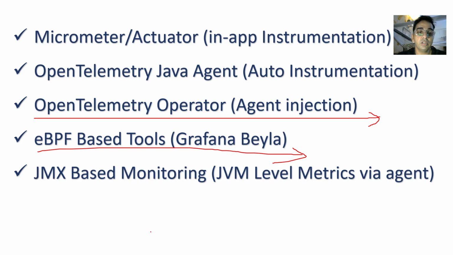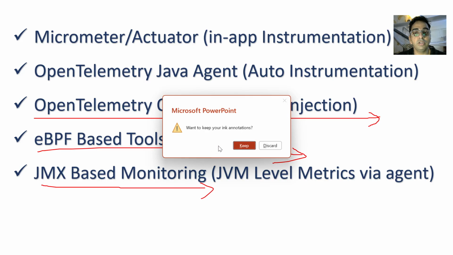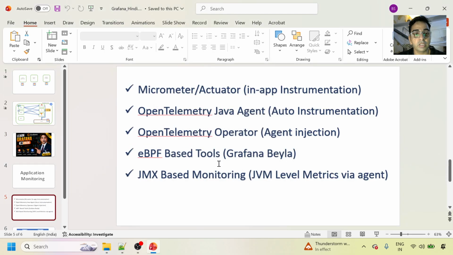And then last but not the least, we'll see how to enable JMX based monitoring, meaning installing the JMX exporter and getting the JVM level metrics with the help of an agent. So these are the things that we will check in